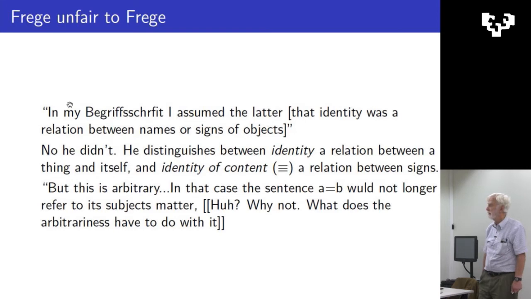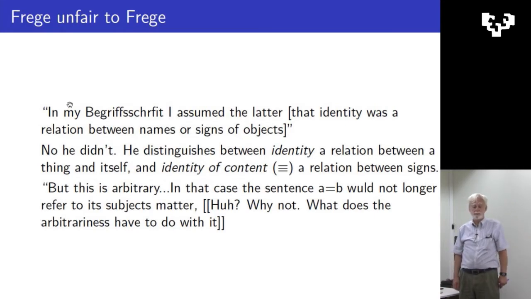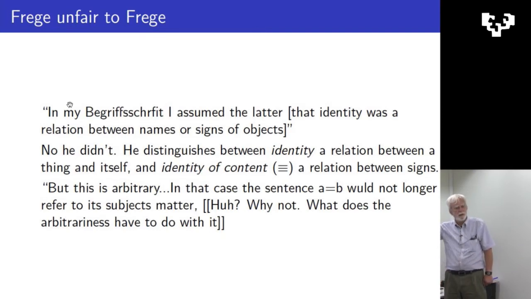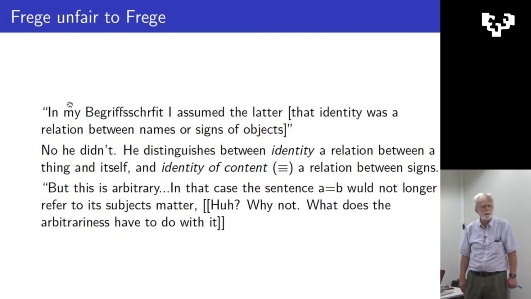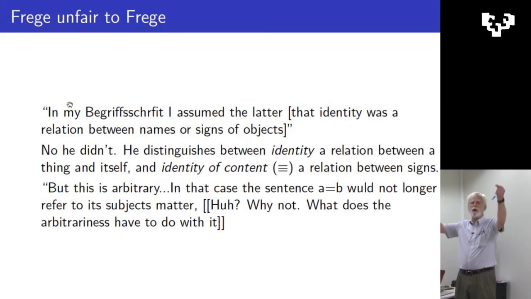Huh? Why not? What does the arbitrariness have to do with it? Well, I don't know what else to say. It just seems like a non sequitur. I mean, suppose that we arbitrarily call the morning star Frederica and the evening star Maria, name it after a hurricane, a very destructive hurricane. Yeah, I would be embarrassed to have the name Maria these days. So it's totally arbitrary,